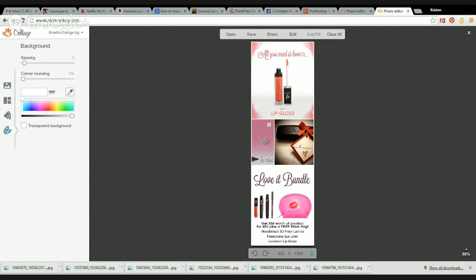So here we have, let's adjust this a little bit. So we want the unique name on there, which is right here. So we have unique, unique, unique, and then the lip gloss, of course. And I'm going to put in another picture. So to do that,